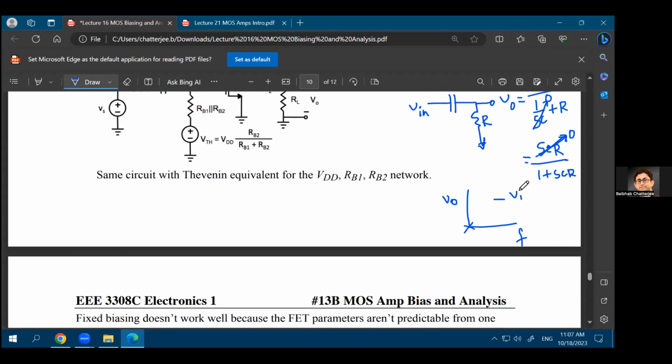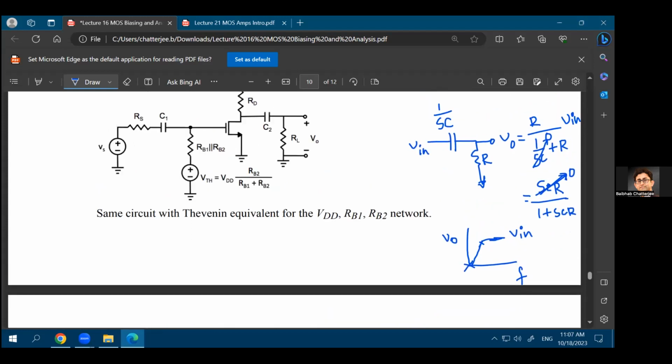So at infinite frequency, you have the full V in voltage. And somewhere in between the zero frequency and infinite frequency, you'll have the cutoff frequency. And that cutoff frequency will be how much? That cutoff frequency will be 1 upon RC. Right? Because remember again, from this particular formula that you have, if your omega is equal to 1 upon RC,